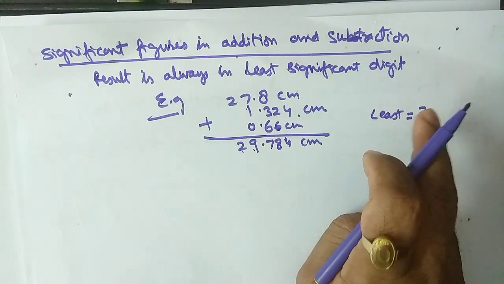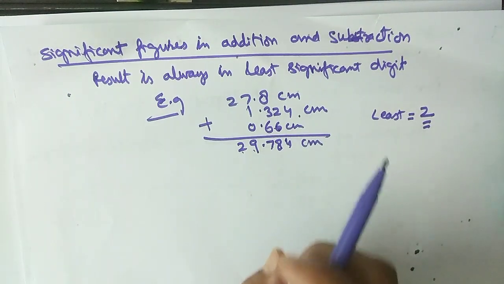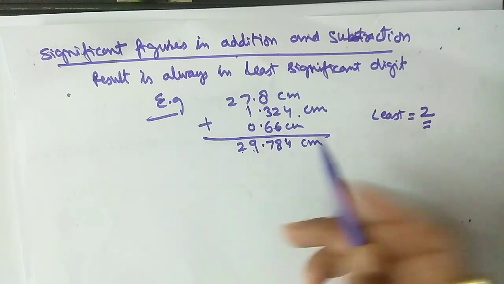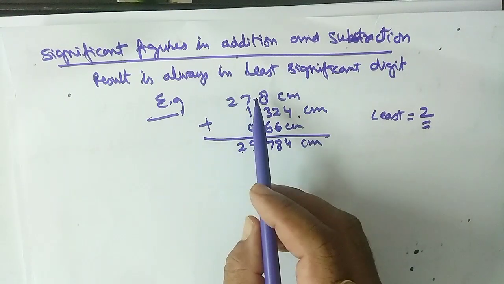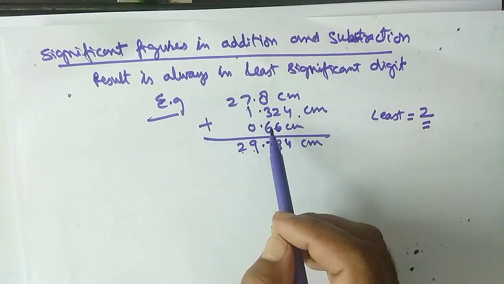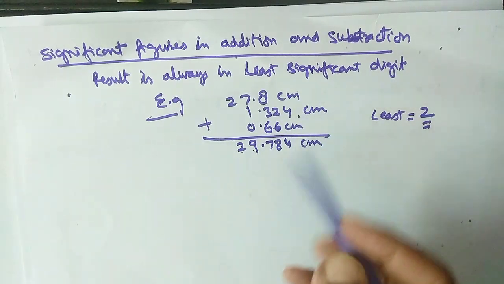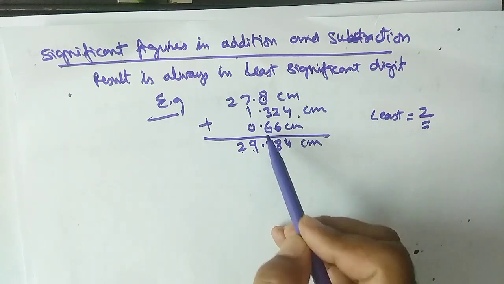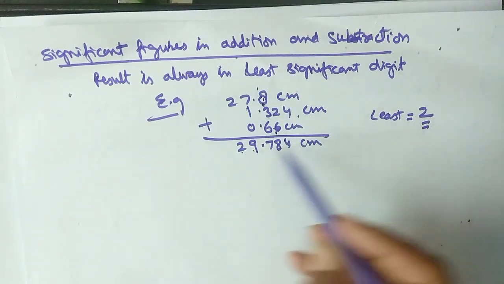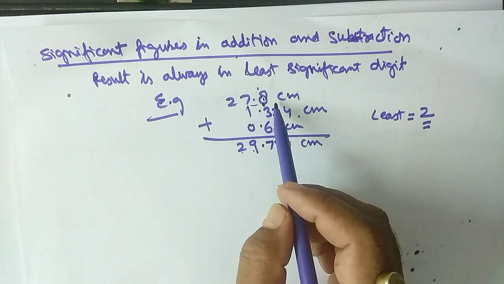So least significant figure is here 2. Okay, but you will not write like this. Actually addition and subtraction have a different rule. Just a little bit you have to remember. Here you will not read the significant figures of the full digit. You will see how many digits are after the decimal. So you can see here it is only 1, here the 3, and here the 2. So least is here 8, that is the 1. So you will write the answer in one digit after the decimal position.